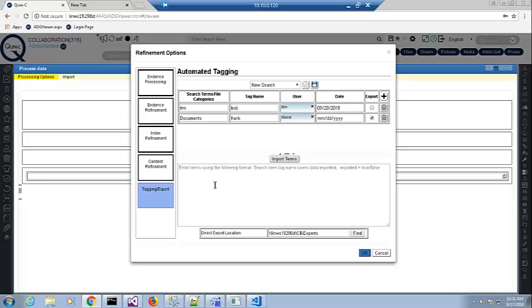We could also import terms, and you can see the format of the import. It's the same, frankly, as the auto tagging. So if you use that widget, you know how to do it. It's the search term first, the tag name, colon separate these, the user, colon the date, and then colon whether it's exported, and exported is a true/false value. So if we wanted to, let's say, search on the word bill,